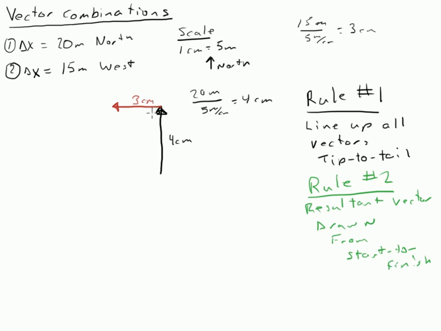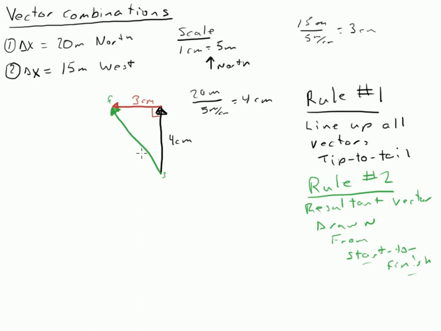So now we have these 2 vectors at right angles to each other here. So again, the resultant, still the same rule, right? We lined up our vectors tip to tail. Didn't change any directions. We kept the north going north. We started here. We drew the one that went to the west off to the west. And so now our resultant has to go from start to finish. So we have the start here, and we have the finish here. So when we draw it, draw your vector like that, and since you went this direction, don't even pick up the pen, just go ahead and draw the arrow on there,